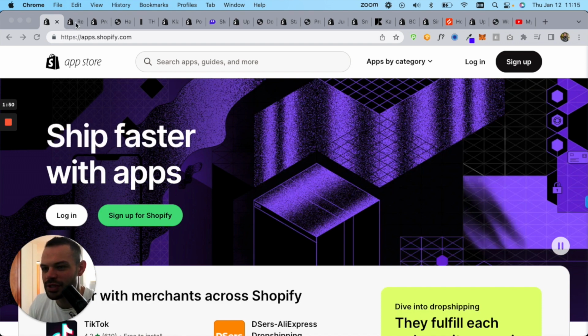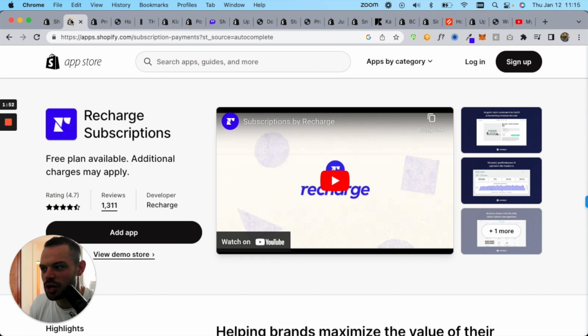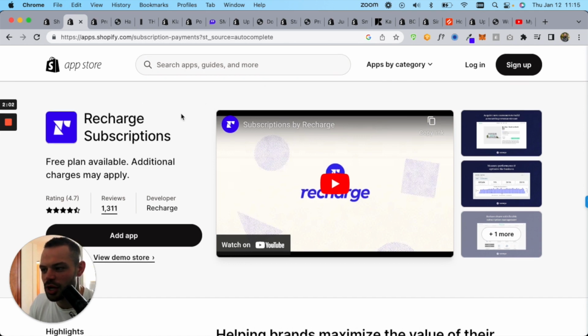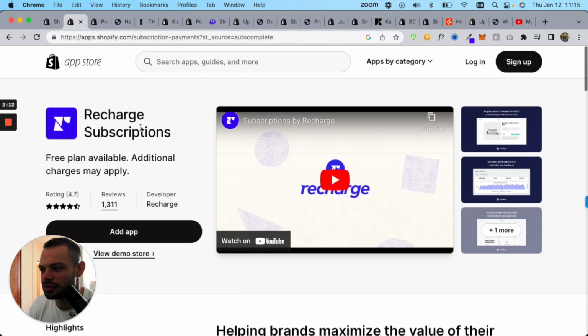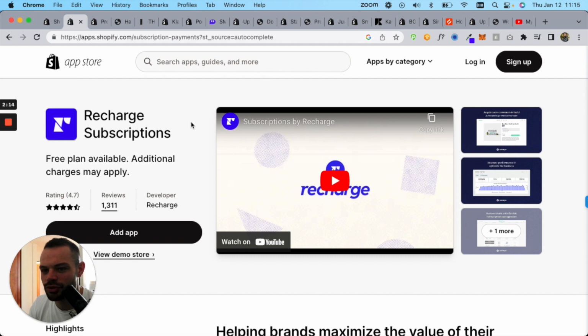So the first application that we're going to look at is Recharge. And as we work through these applications, we've tried to select a broad spectrum of applications for a wide range of different use cases. So jumping in with Recharge, Recharge is probably the most popular subscriptions app for Shopify stores. Again, the clue is in the name here with regards to what Recharge does, but essentially allows you to create very seamless subscriptions for your products and product bundles. So allowing customers to sign up on a subscription basis to receive your product month over month